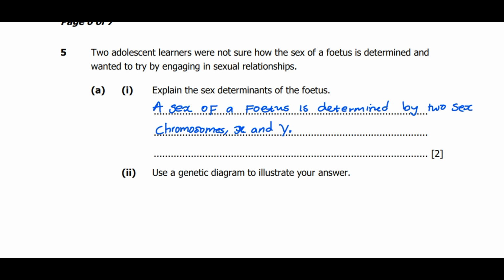Then we are going to have a female. So a person with 2 X chromosomes is said to be a female,